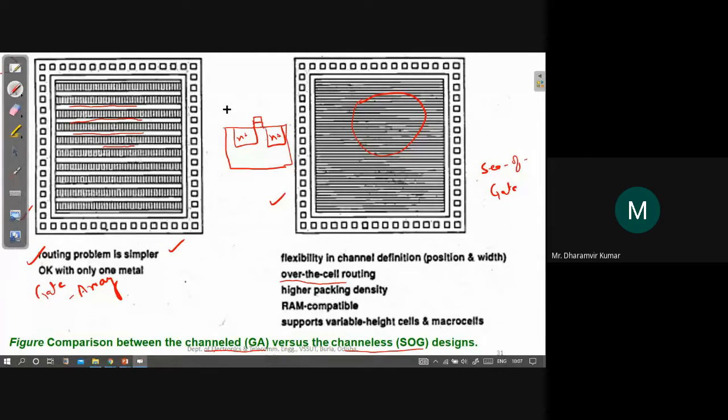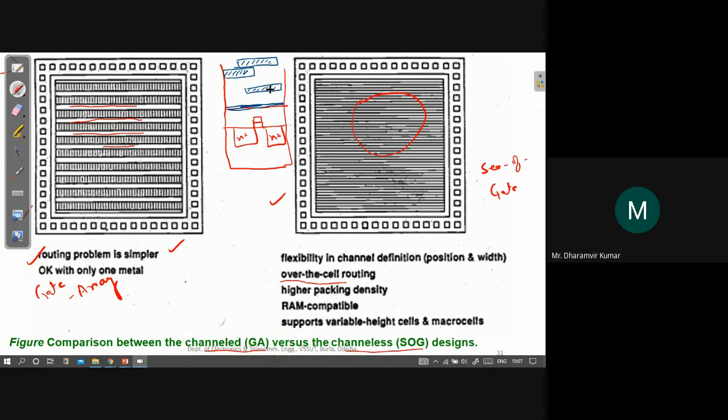Now on top of it, we may have several metal layers. Let's say this is one metal layer, then we can have one more metal layer. These blue color lines are metal layers, and we can have one more, and one more metal layer.